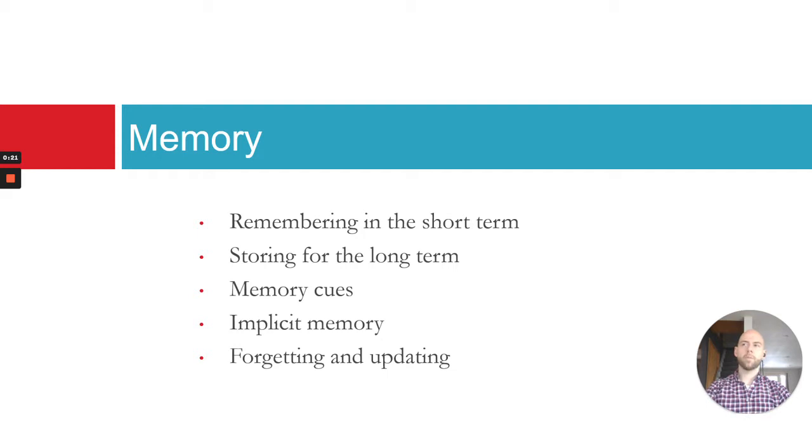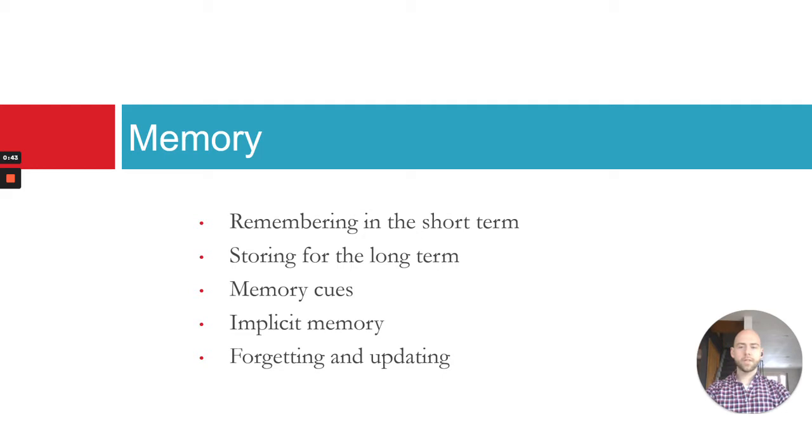But there are also a lot of other distinctions between types of memories. We'll talk a little bit about strategies for remembering that are relevant to people trying to learn different things, of course. We'll talk a little bit about procedural or implicit memories that are sort of different from the usual memories that we think about. And we'll talk a little bit about forgetting as well, and things like repressed memories.